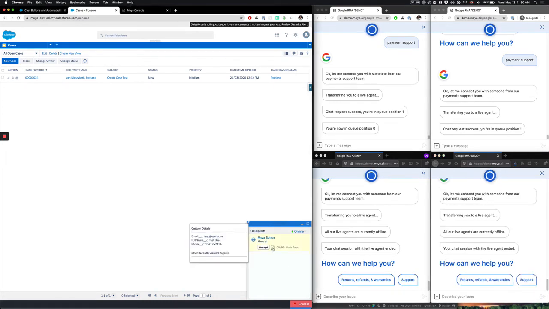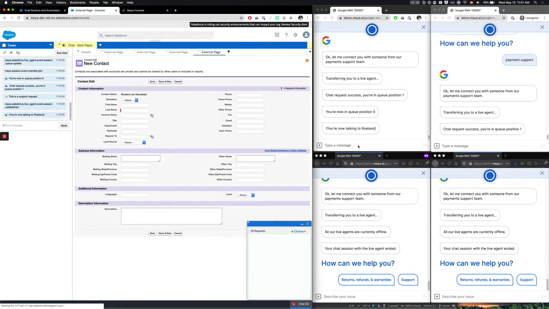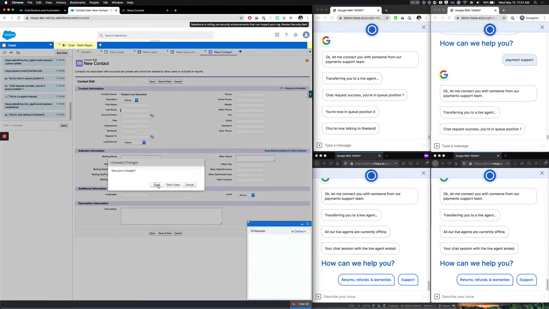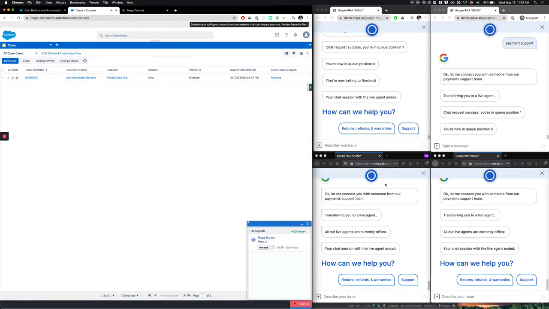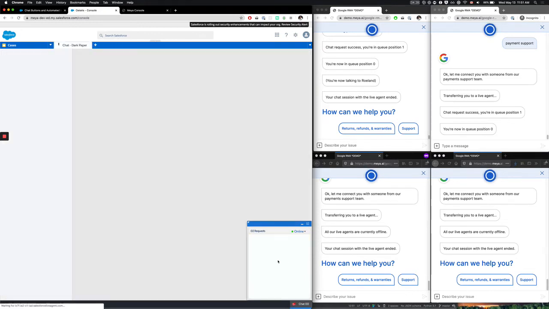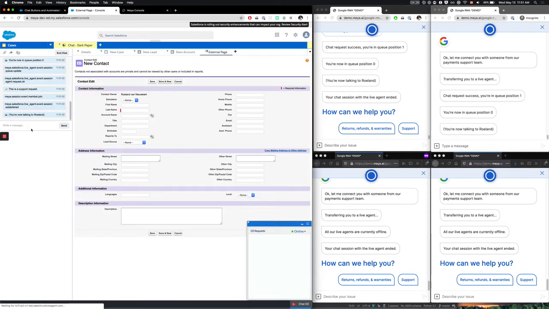Right. If the agent accepts this one, and then closes it, then this one will appear. And the reason for that is because, again, the agent capacity is only set to 1, so they can only ever have 1 active chat. Right. And if you open up that, you'll see